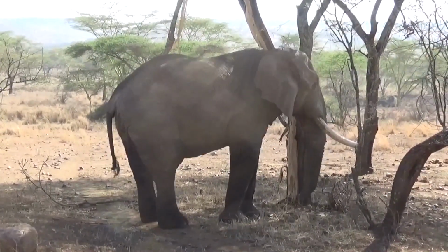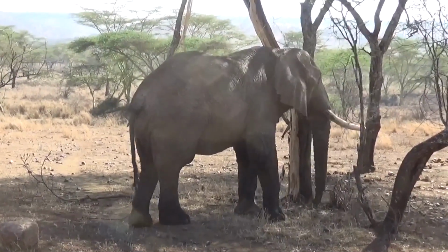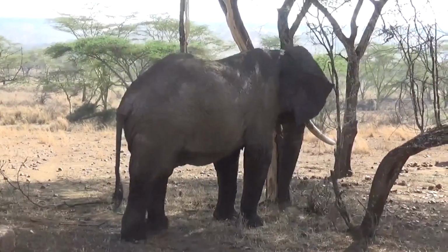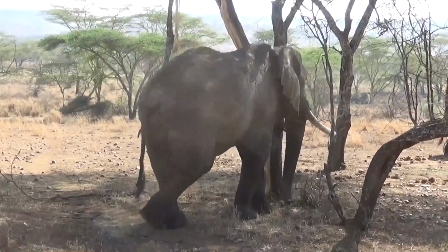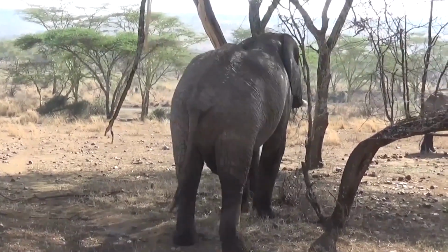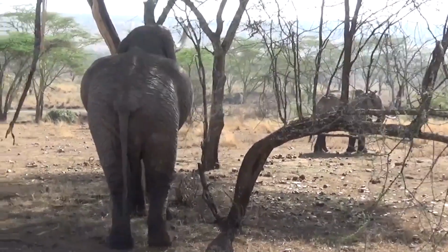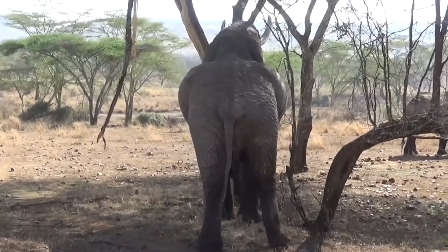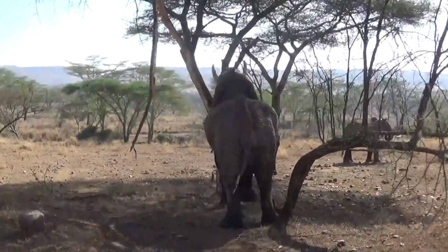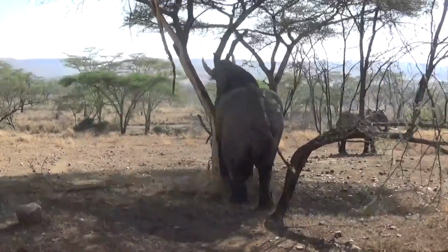This makes your heart race being this close to an animal this big. He's been going to town on these trees. Looked like he was going to tear the one tree down. And his buddy over here has been just eating, but this guy's shaking the snot out of these trees. Look at that. That is a big acacia tree, and he's just...